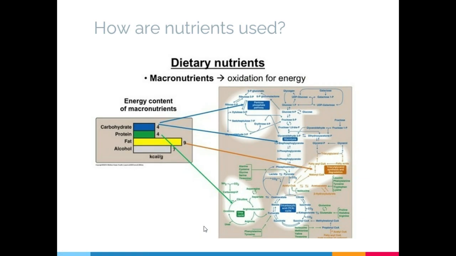Sige. How are nutrients used by the body? Okay, diri ta maghisgot. Okay? Mao ni siyang exciting nga part, guys. Okay? Kaning metabolism. Okay? So, these nutrients are needed for energy harvest or oxidation for energy. So, these macronutrients are actually broken down to smaller compounds, and along the process, energy is generated.